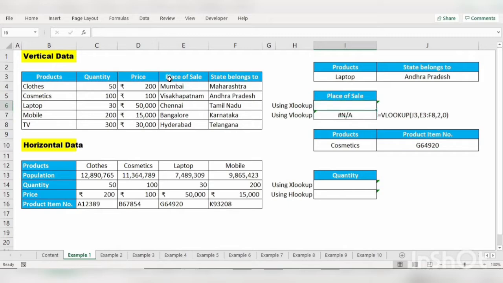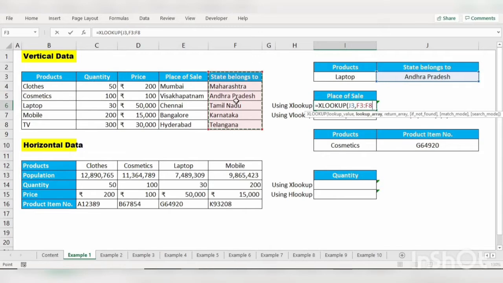Now that additional feature we receive in XLOOKUP. Here you can pull from right to left or left to right or top to bottom or bottom to top. XLOOKUP function, the lookup value is Andhra Pradesh, and the lookup array is where we are going to find the lookup value.